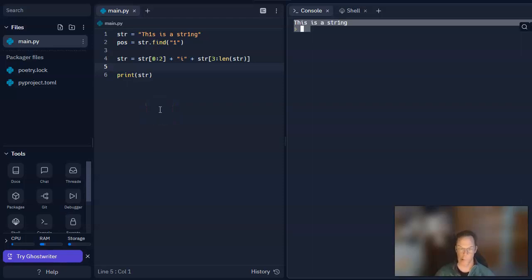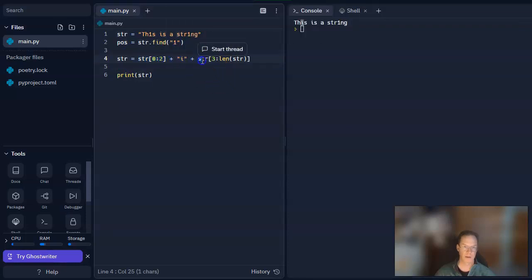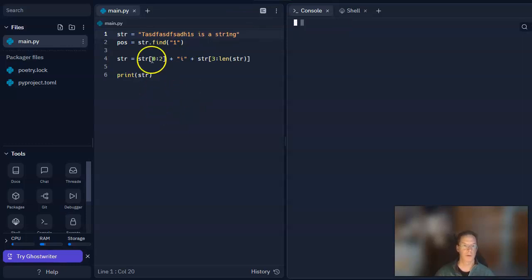Whoa! So we got the first number 1 here replaced with an I, just by doing from 0 to 2 plus I, and then from 3 to the end. So we split the string up around the 1 and put the I in the middle. Okay? So that's nice and all, but it's not going to work with that string, right? That's going to replace something else with an I, because the number 1 is no longer at position 2,